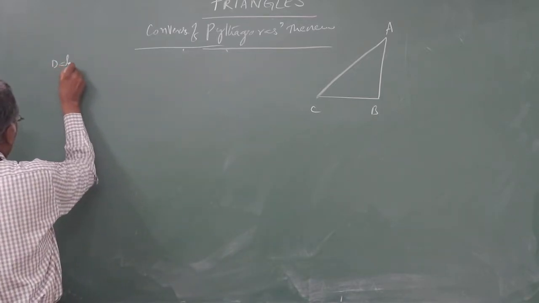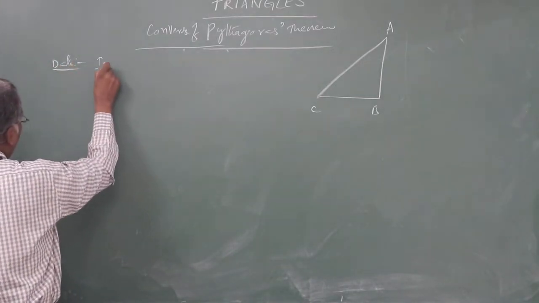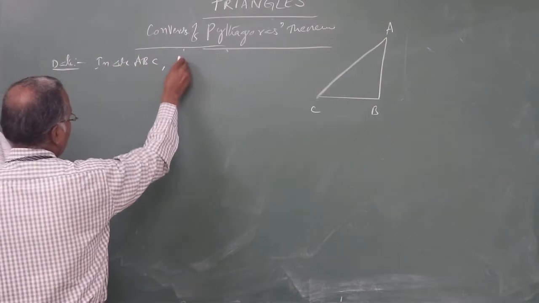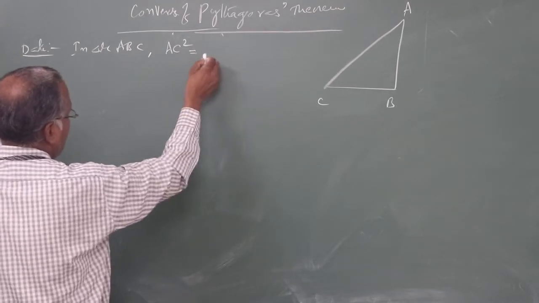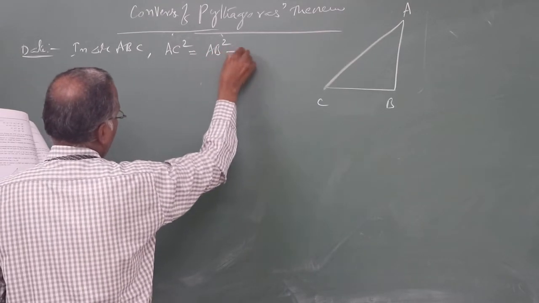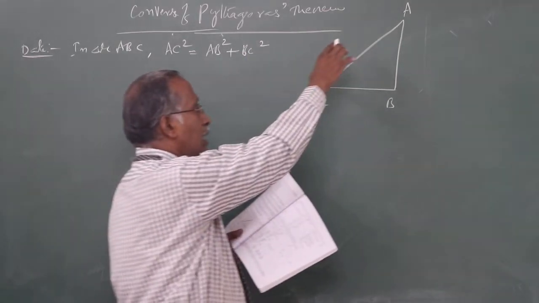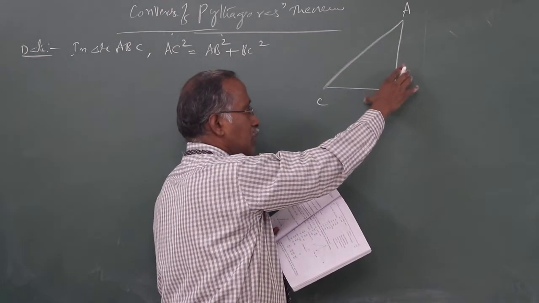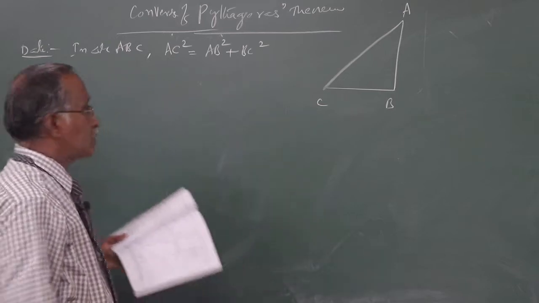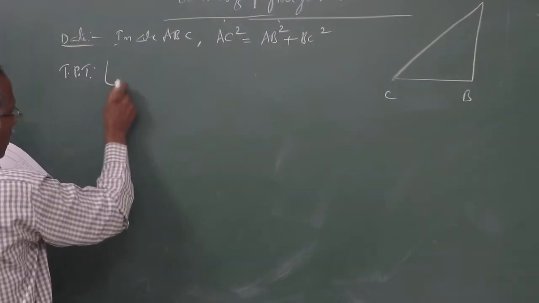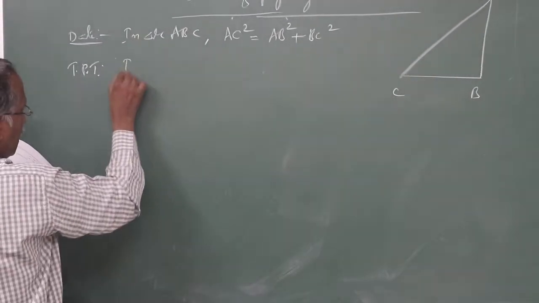In the triangle ABC, they have given that AC square is equal to AB square plus BC square. What do we have to prove? To prove that angle, in the triangle